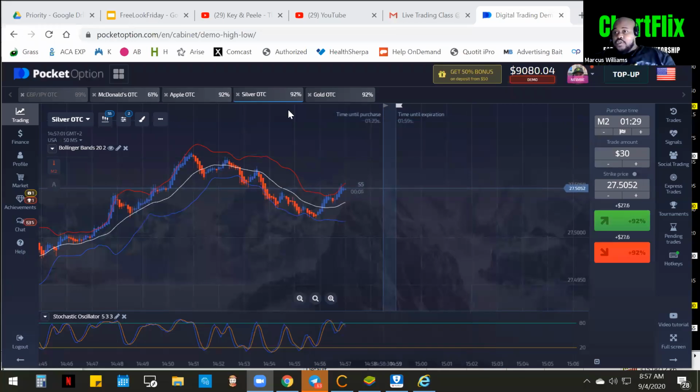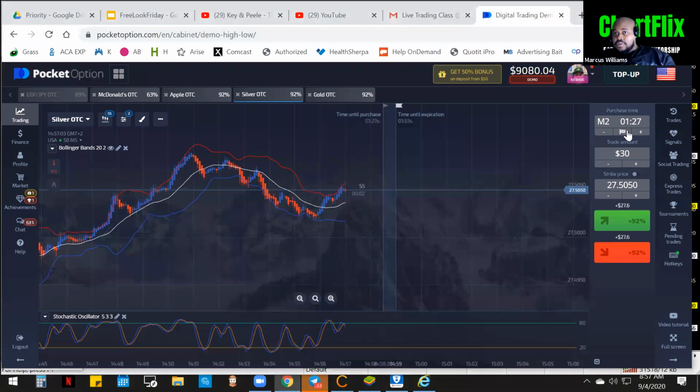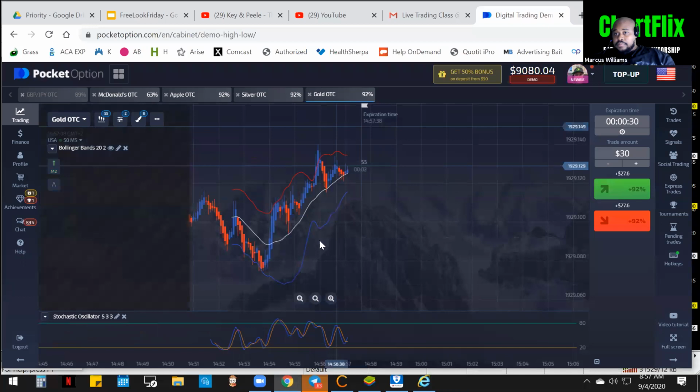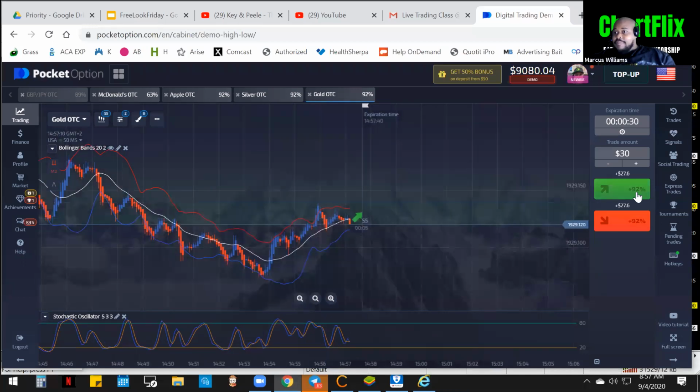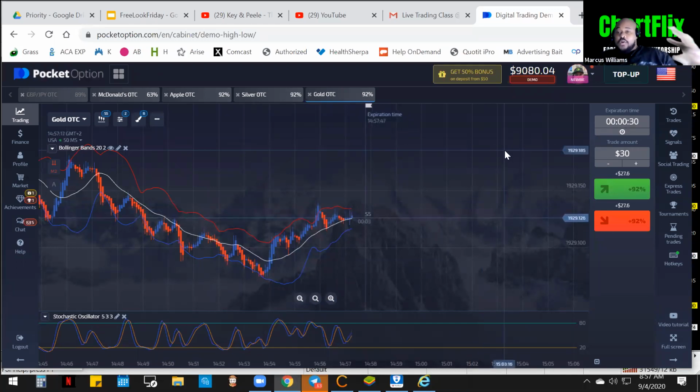Binary, in this case I'm trading, let me go to gold. This is silver. I like gold better. I can make 92% of my money in 30 seconds. You know how in Forex you're supposed to risk 1%, 2%, 3%. If you're risking 1%, 2%, 3%, you're more than likely going to gain. If you're doing a 1-for-1, at least you're going to try to gain 1%, 2%, 3%.